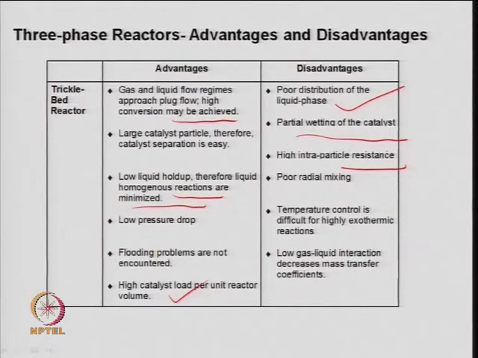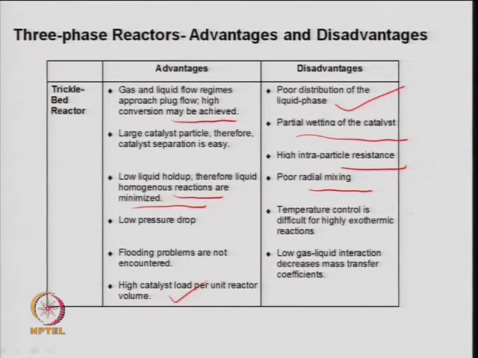High intraparticle resistance, these are the diffusion resistances. So, liquid is diffusing into the pore, and then depending upon the resistance, I will just talk on that, but basically it is a kind of effectiveness factor into the pore of the catalyst. So, liquid is already there and gas is diffusing through that. So, there will be a kind of concentration gradient, and the rate will be slowed down because of this resistance. Then radial mixing is again an issue here in the case of a trickle bed reactor. So, there will be poor radial mixing, and more and more concentration gradient.